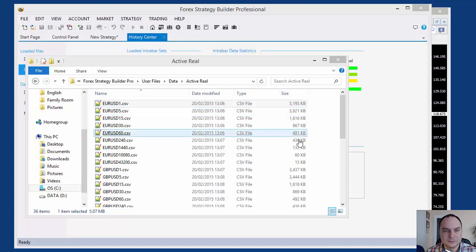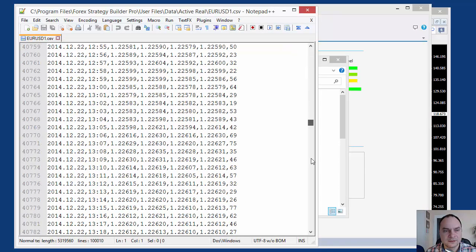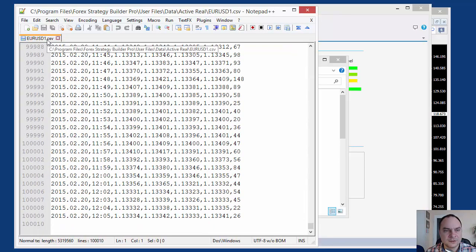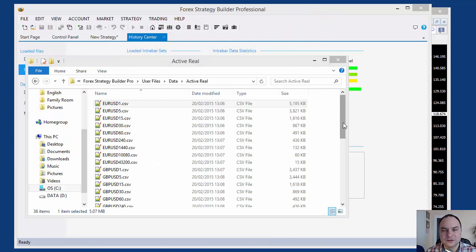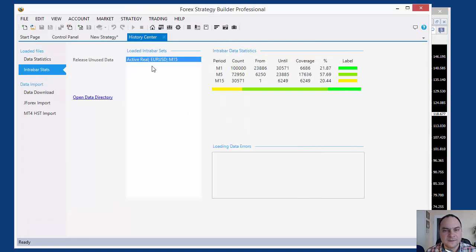How many? 1 minute. Oh no, this is 1 minute bars. This is 1 minute. Okay, I have 100,000 bars, and I have to see the same number in the chart. Okay, I have that,